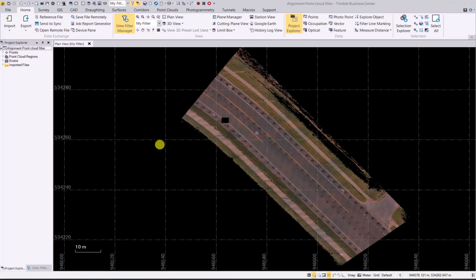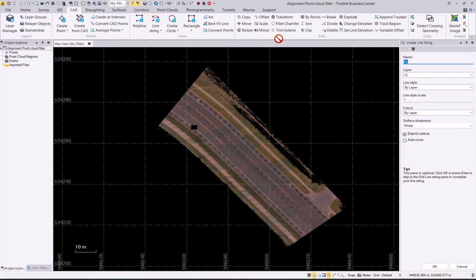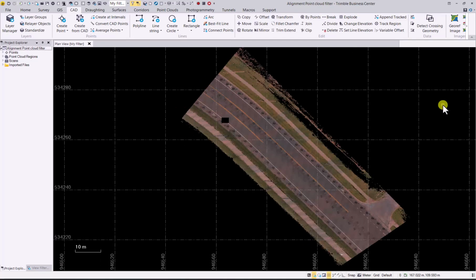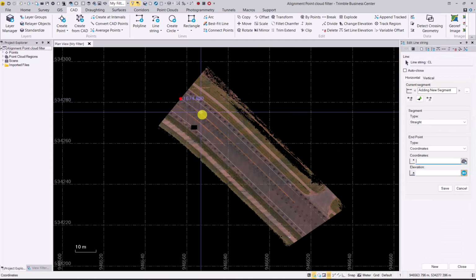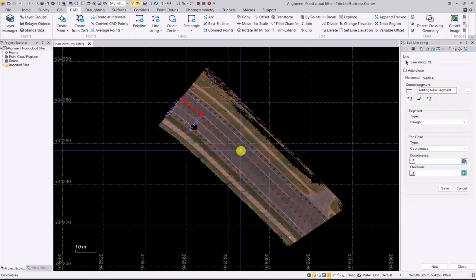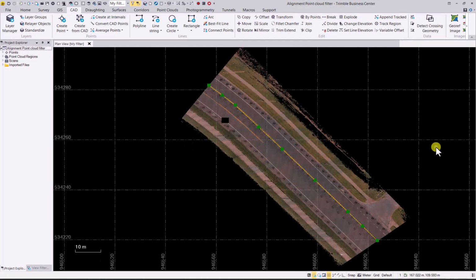I already imported a point cloud, and the first thing we need to do is create a CAD line. Go to CAD line string. I already gave it a name for center line. The layers are already existing, and I'll go OK, and then quickly capture my line. When that's done,